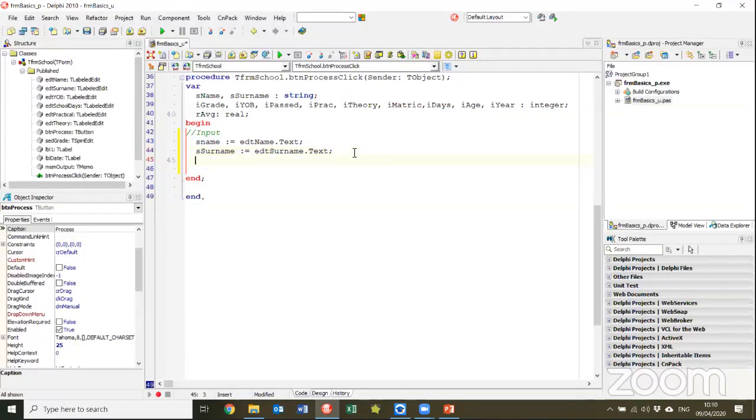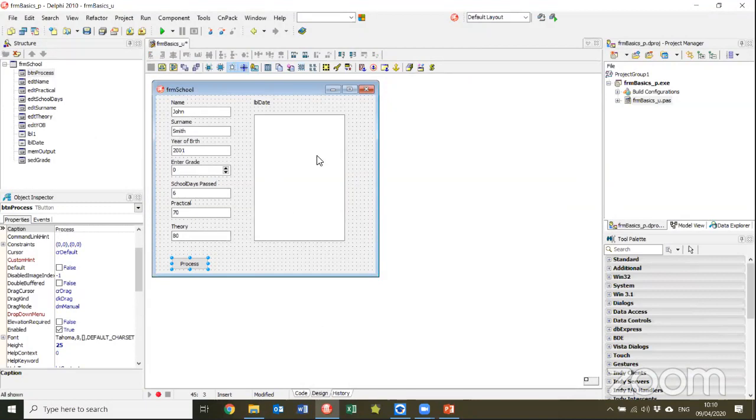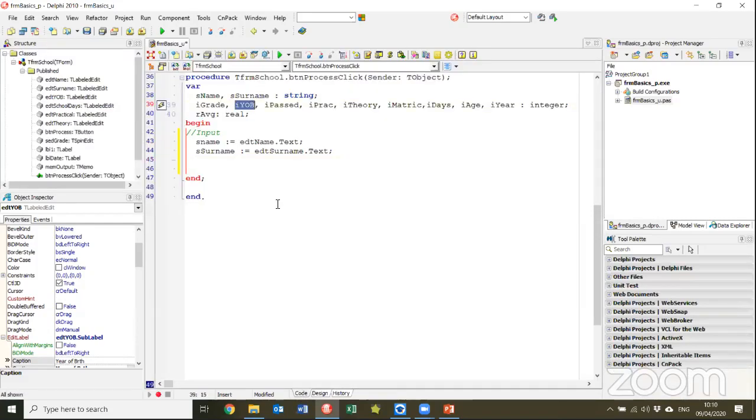Right, so let's have a look now. We need to get the rest of our input. So let's look at the screen to see what I'm going to do. So year of birth is my next one. It's called EDTYOB, and I've declared a variable called IYOB. So now I'm going to say